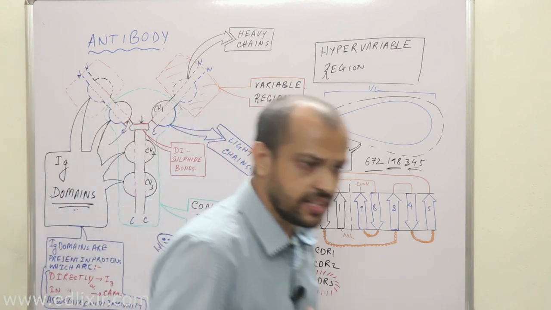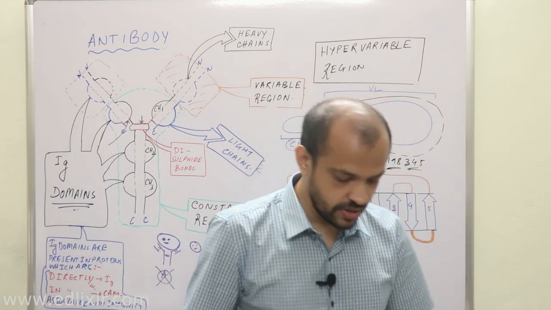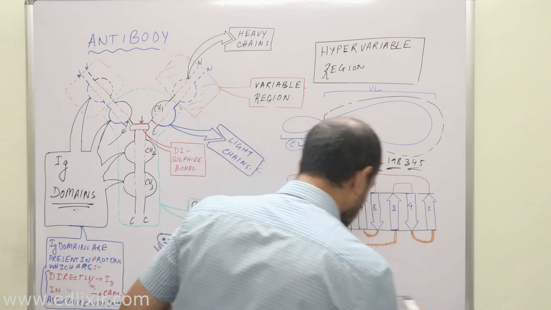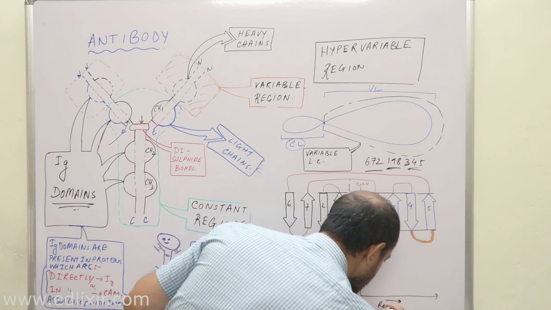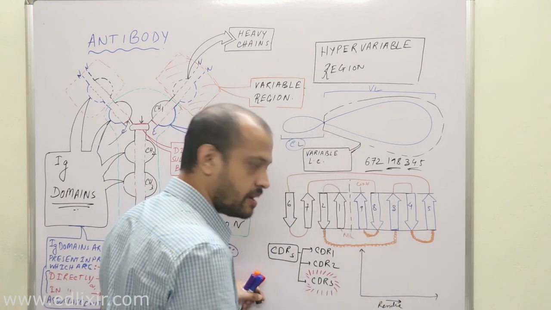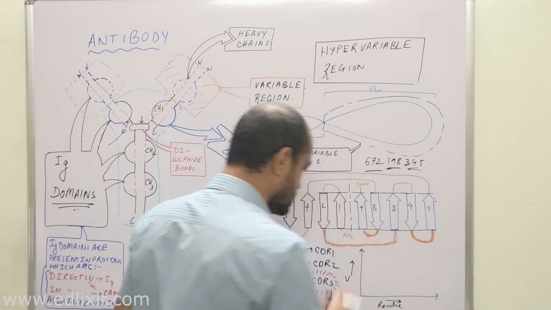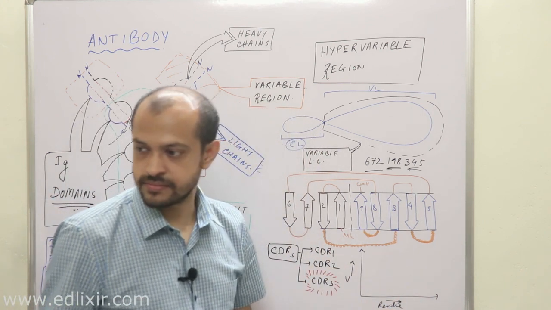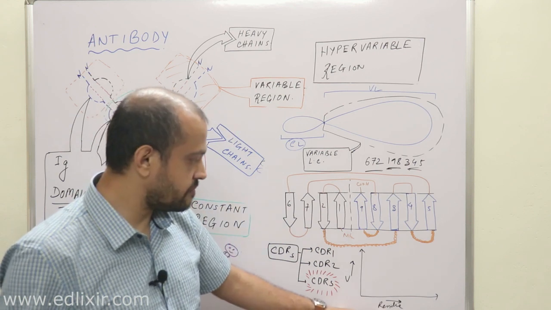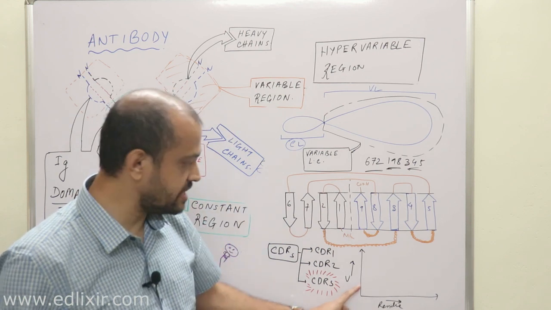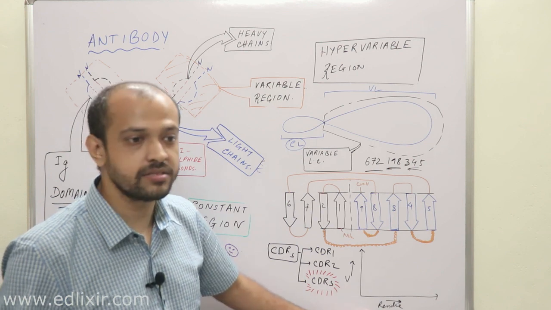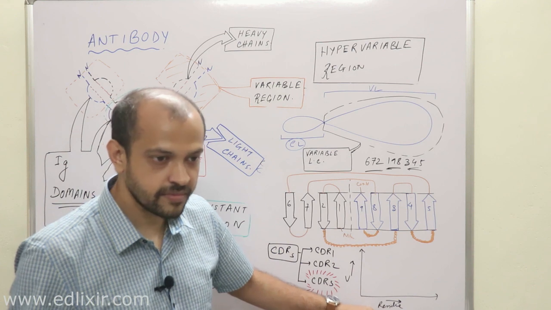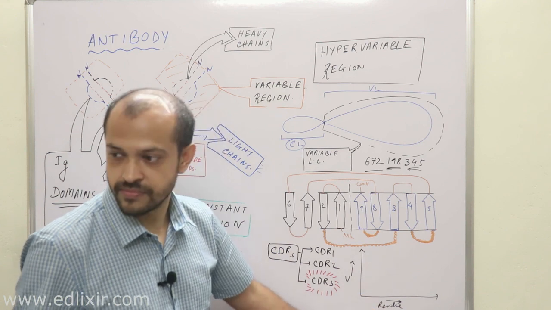Therefore, in your books you will get diagrams like this. On the x-axis we are presenting residue. Residue means what? Amino acid sequence. And here we are presenting the variability. Why are we presenting residue on the x-axis? Simply because depending on the residue, variability increases or decreases. That means residue is the independent variable. If x equals y, that means x is what? Residue or amino acid residue.